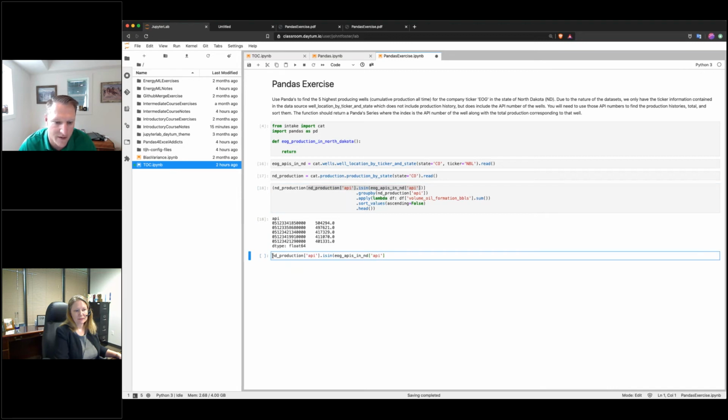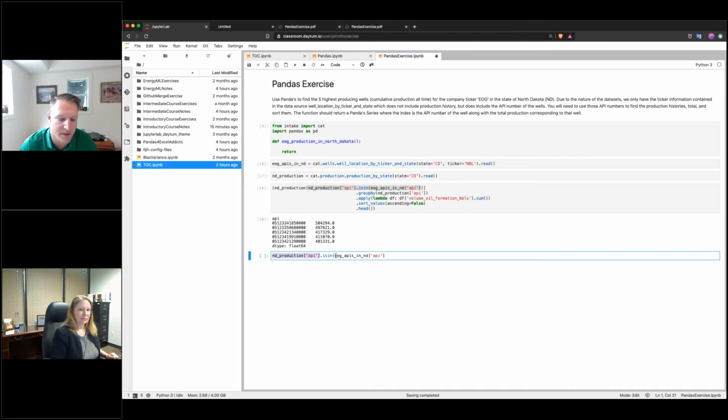So we have a data frame. In this case, we're only using the API column of that data frame. That's North Dakota production, again reminding you that this is the production history for all wells in North Dakota. And the only label there is the API number.